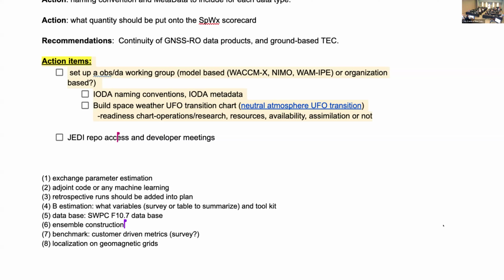Any other comment from online or from people in the room? And as mentioned, the action items are more near term. It doesn't define the next 5 years. But my point is that if we have near term or short term action items, that will push us to go longer. And we definitely need to come back regularly to look at what we have done for those action items and add new action items in the following. So at least that's my work plan for this project.